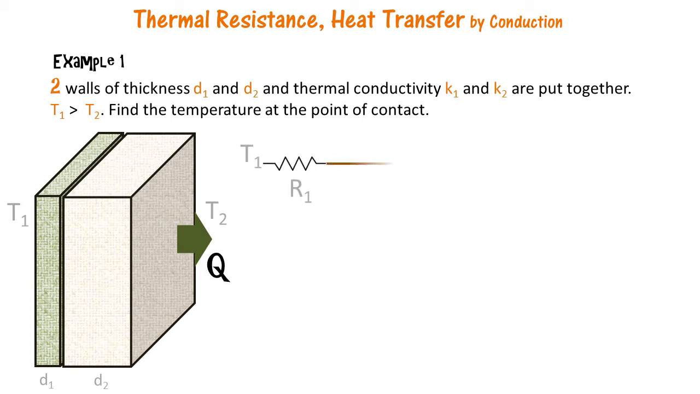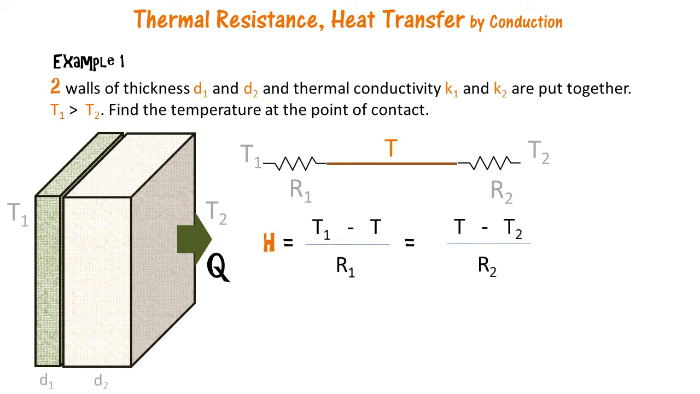We know that this is a case of thermal resistance in series, and we also know that the current flowing through this particular circuit will be same. Let the temperature be T between the two walls. So the heat current between T1 and T is same as the heat current between T and T2. So simplifying for T,